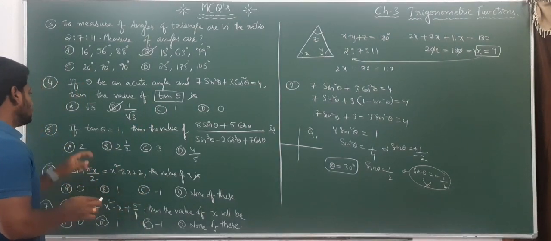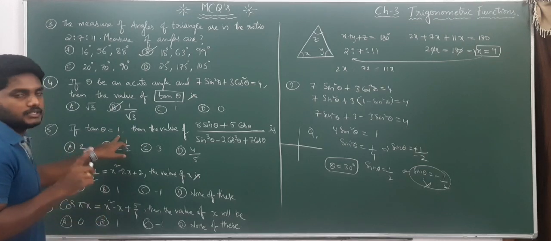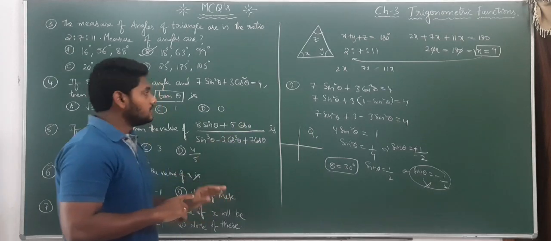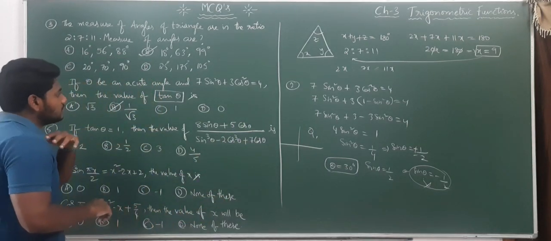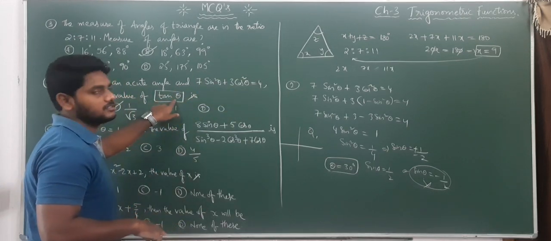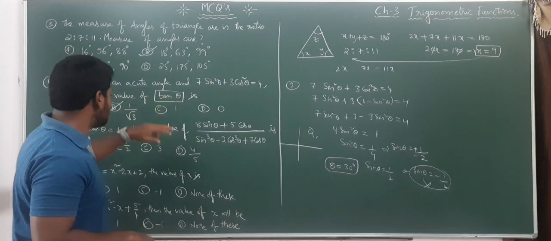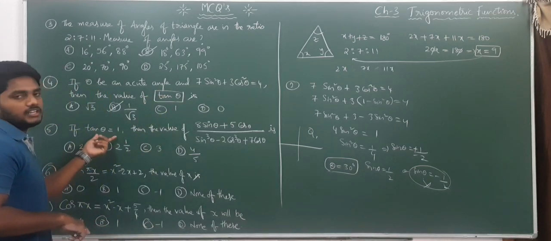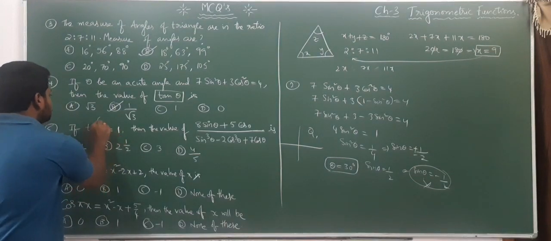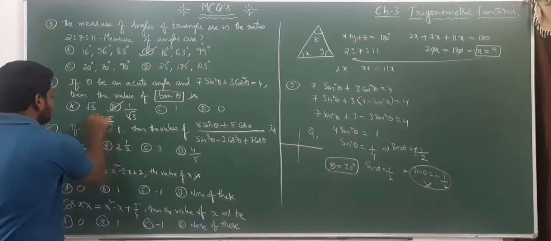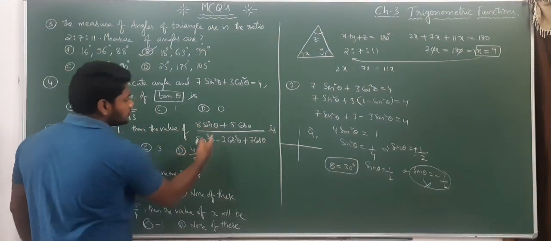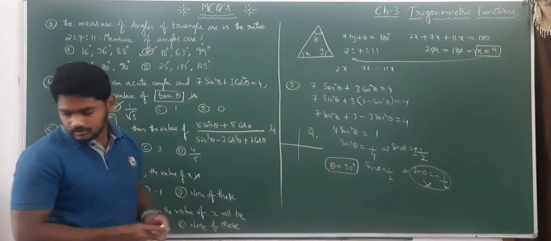Next, if tanθ is equal to 1, then find the value of (8 sinθ + 5 cosθ) divided by (sin³θ − 2 sin³θ + 7 sinθ). If you observe these two questions, in the first they gave the equation, we simplified θ and substituted. But in this one, they have given the angle at the start, tanθ is equal to 1. Then what may be θ? θ is equal to π by 4, or nothing but 45 degrees, right? That θ equal to π by 4 we need to substitute in this given equation, so simplify this.